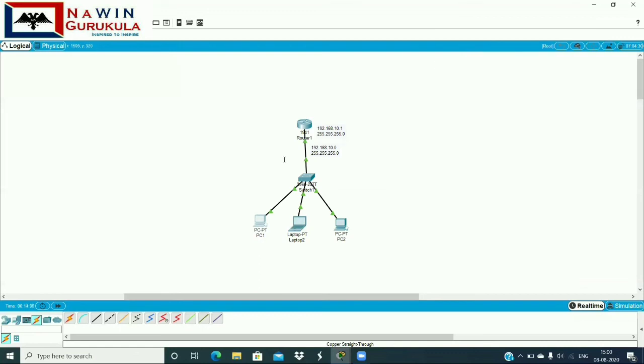Now, where do we use this DHCP configuration in real time? Here we were having only 3 end devices, but in real time, when you are using it in a company or an organization, a single router will be handling more than hundreds of end devices. During that time, you cannot go to every device and manually assign IP addresses. At that time you can just do a DHCP configuration, and it will dynamically assign IP addresses to all the end devices, like hundreds of end devices. So this is the real-time application of DHCP configuration.